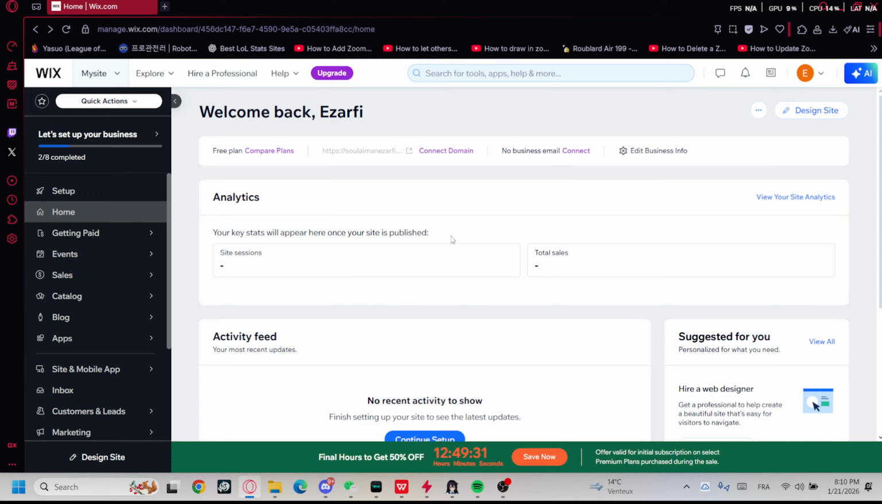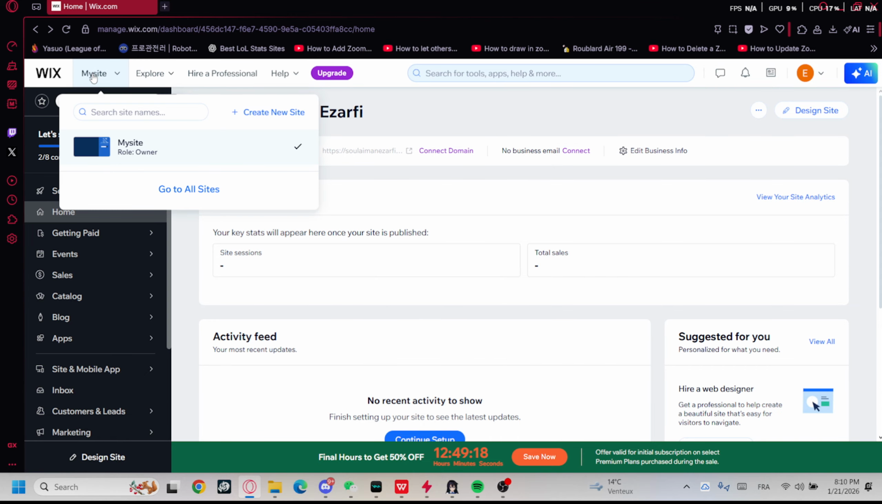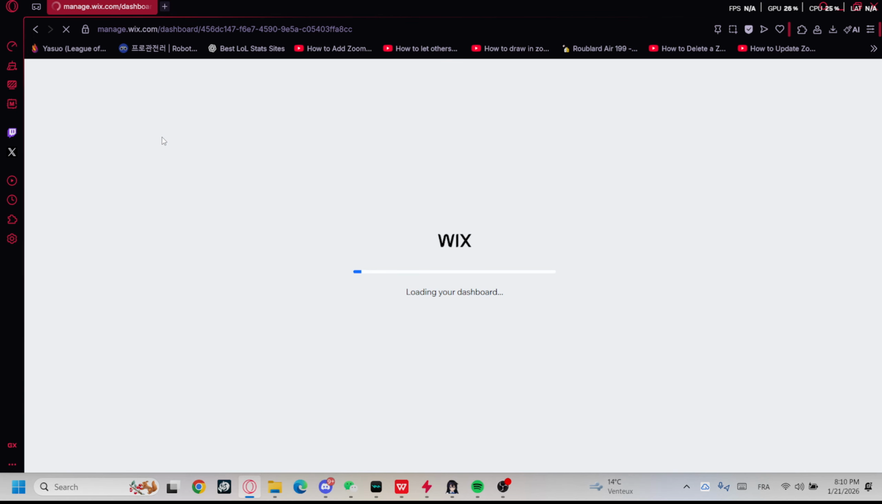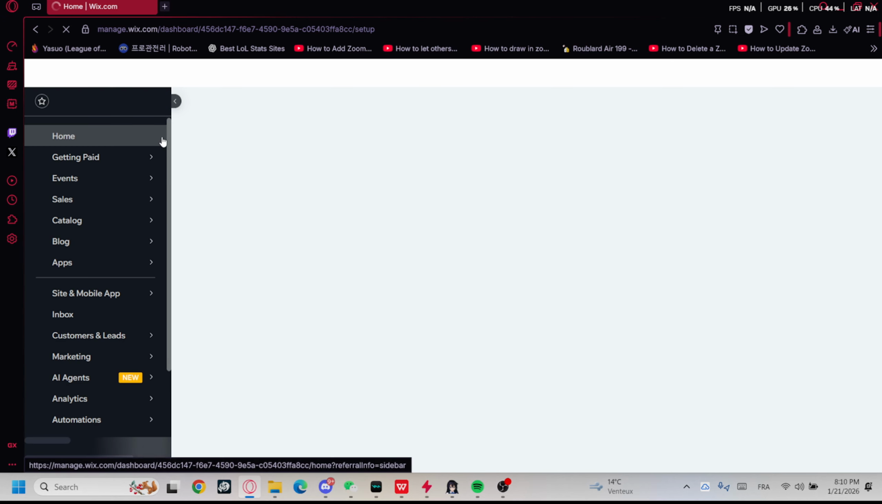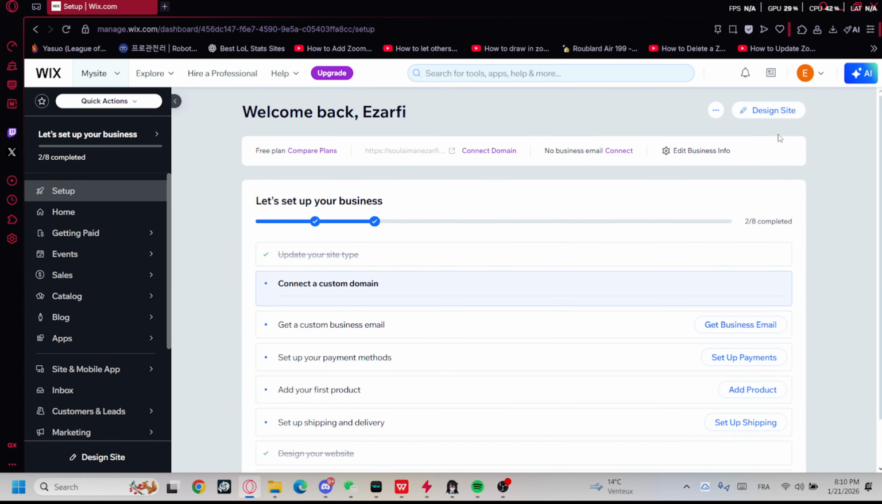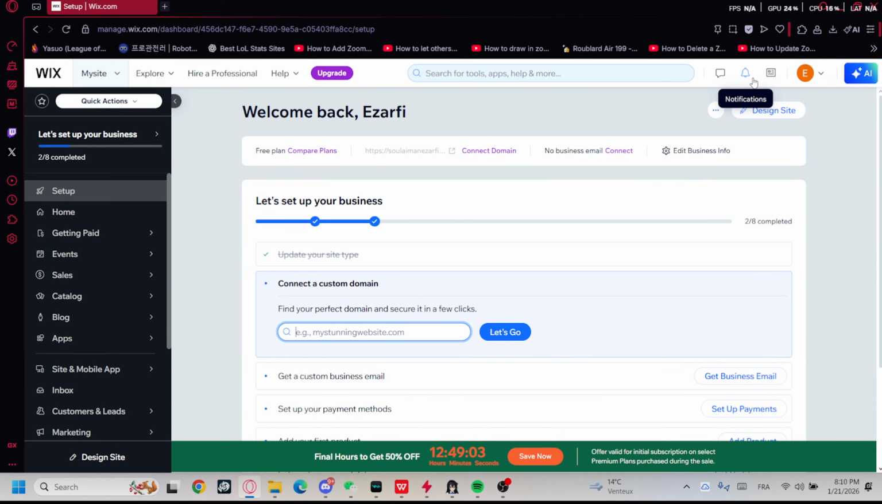Okay, so if you already have a favicon prepared, you'll need to go to your site. Before that, make sure that you're already signed into your account. To go to your site, click on the My Site option next to the Wix logo at the top left and select it. For example, we'll go with that one. Wait a few moments, and then click on Design Site, the option located at the top right corner of the page. So just click it,